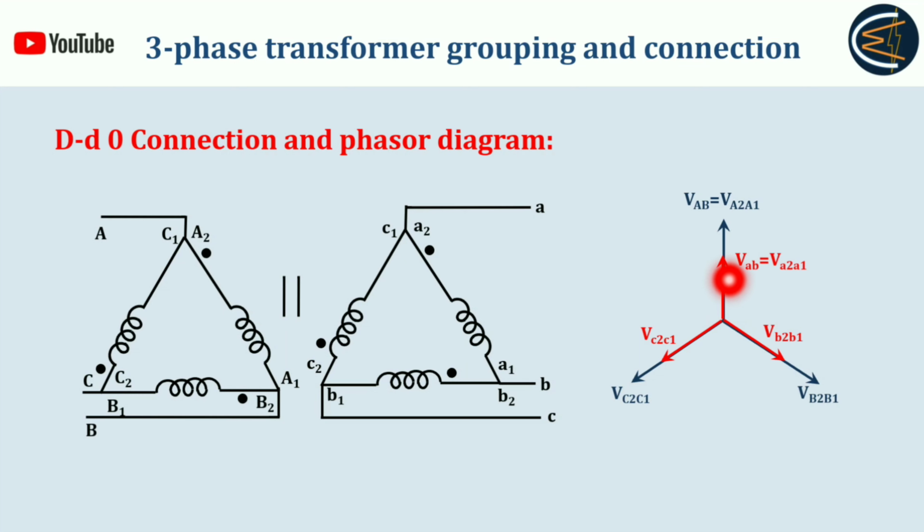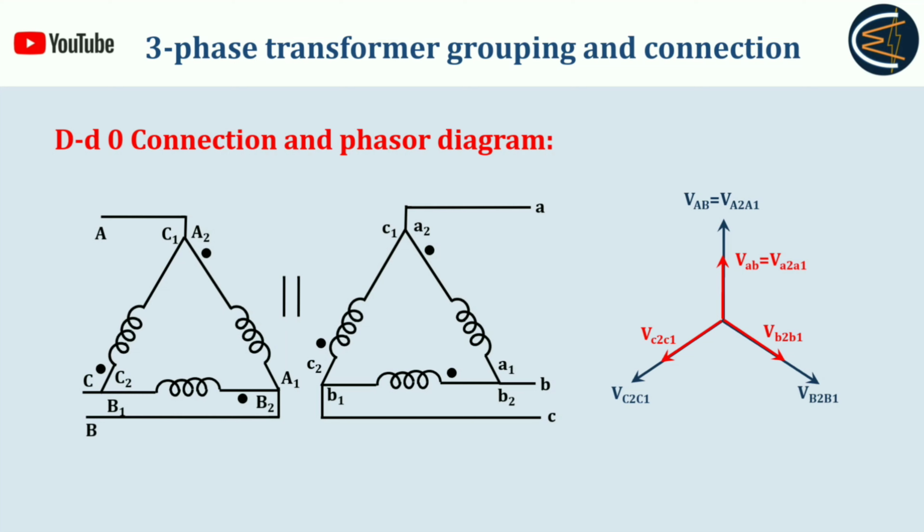So these red marked phasors are showing the secondary side line voltages or the phase voltages, whatever. Let's say that is a step down transformer for example, so obviously the magnitude will be less. Based upon the dot polarities we can say that the phase voltages of individual windings of primary and secondary side will be in phase. That means V capital AB and V small ab will be in phase. Based upon the dot polarity we can say that.